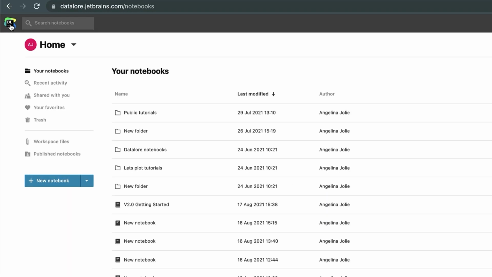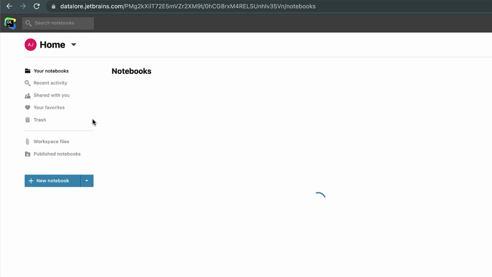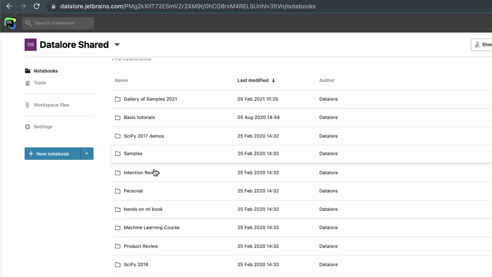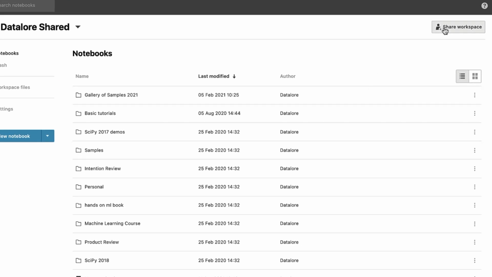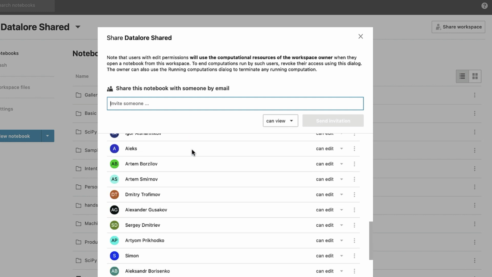In this example, we have home as our main workspace. You can't really share this with anybody. You have workspaces that you own, and you have other workspaces, workspaces that are shared with you that you don't own. This is an example of one such workspace. You can also change who has the ability to view or edit this workspace if the workspace owner has given